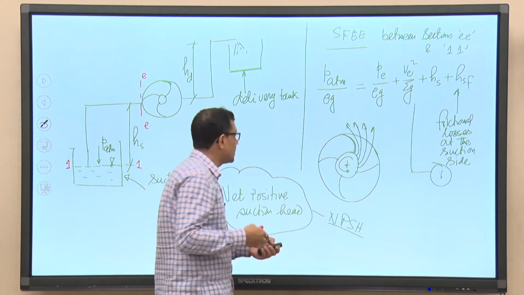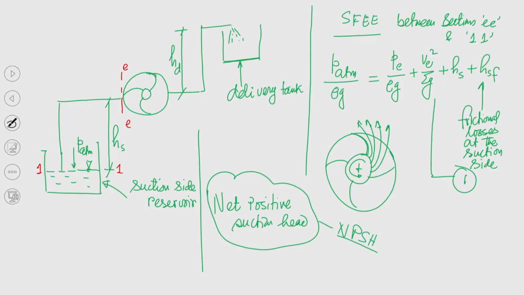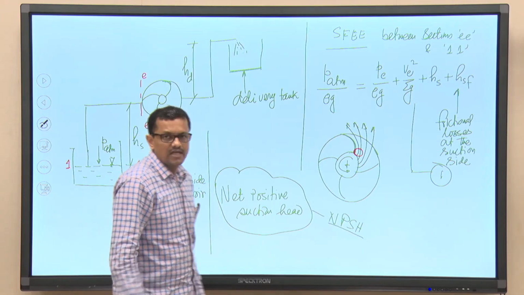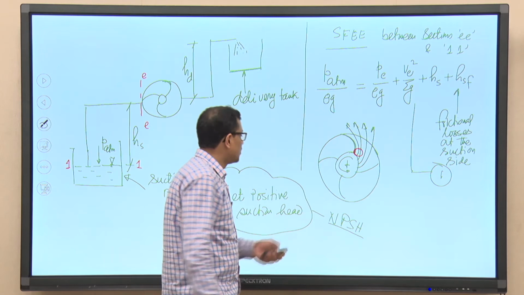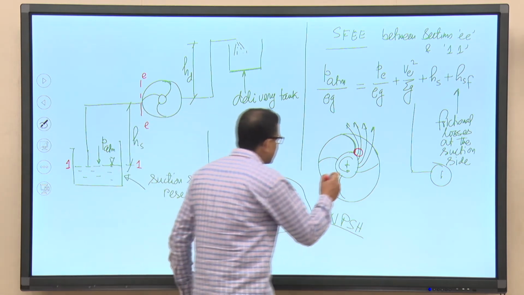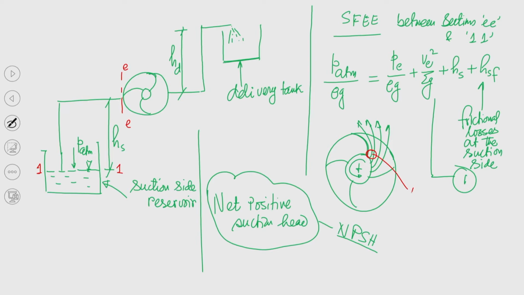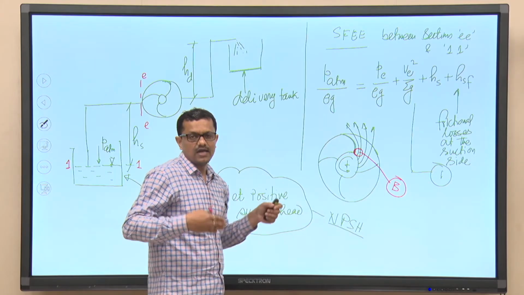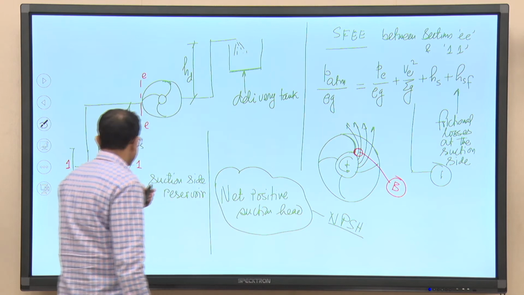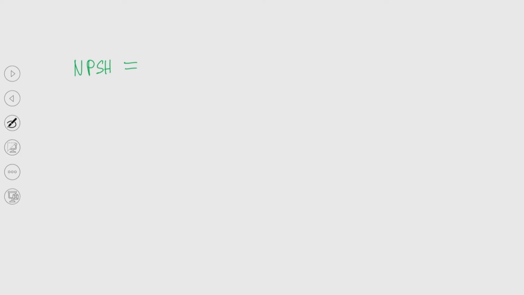So what is the total head at this location? If I try to mark this place using a different color, say this is the place. This is the place which is vulnerable to this undesirable effect, that is cavitation. So if I give the name B to this particular position. Okay. So at that particular place, what is the total head available? We can see the total head is nothing but P by rho g.